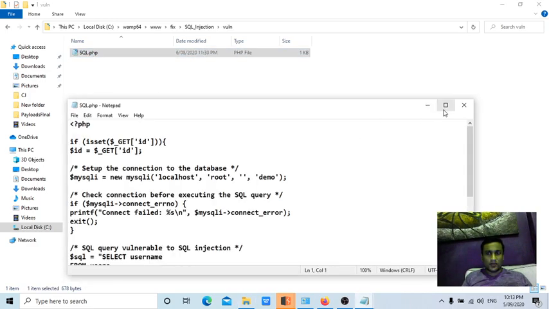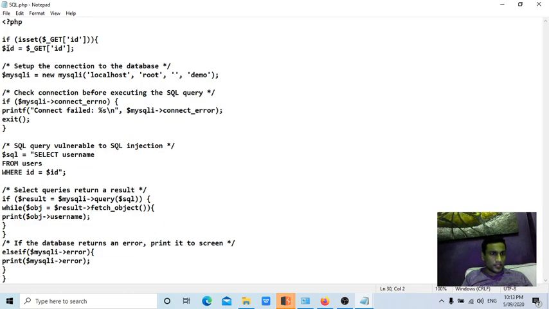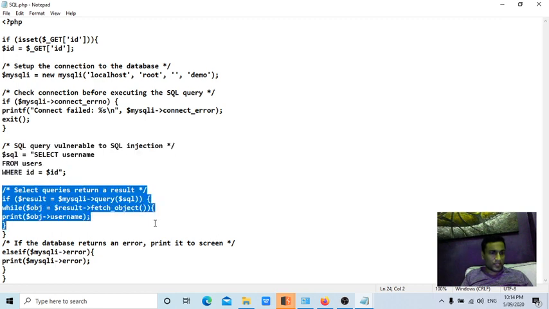this is the vulnerable code, guys. This application is vulnerable to SQL injection, where it is accepting the ID parameter value and forming a query in the backend, like select username from users where ID equals, if you enter 1, it will load the username from that particular record. If you enter 2, it will read from, like, this is the query we are forming in the backend.